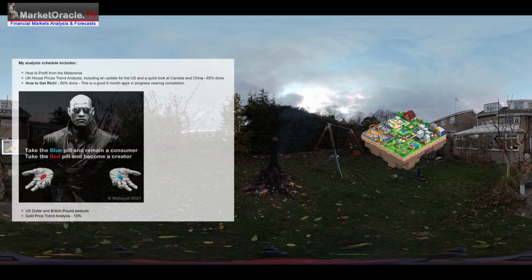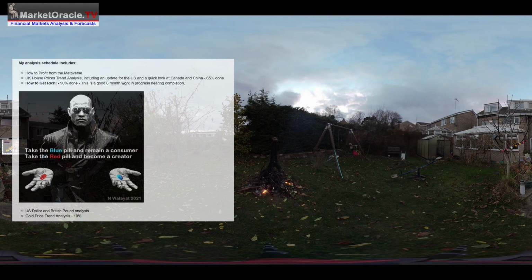And then I'm going to take a reluctant look at gold price. Because I'll tell you what, gold and silver, they've really been supplanted by cryptos. There's a lot more upside for cryptos than there is for gold and silver. But nevertheless, I'll take a look to see if there's anything brewing.